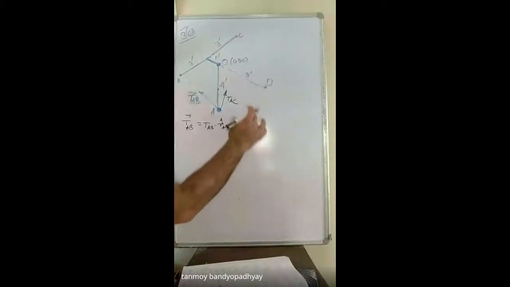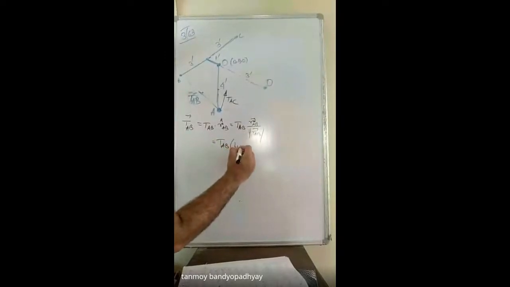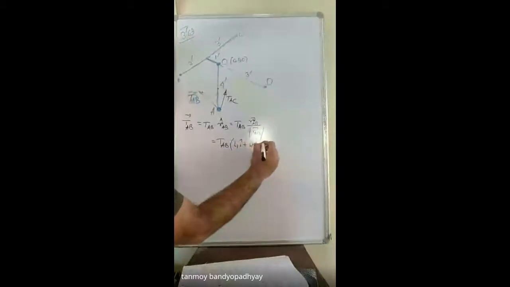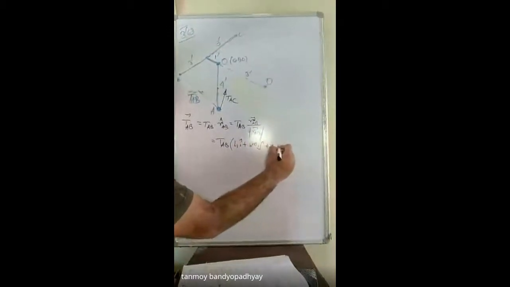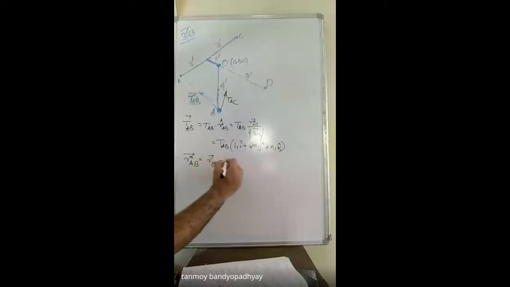So তার একটা it should be having some direction cosines. So আমি যদি তার direction cosines দিয়ে সেটাকে represent করি, so we'll be having L1 I cap plus M1 J cap plus N1 K cap. ঠিক আছে? So এবার এটাকে কি করে বের করব? How to calculate L1 M1 N1? So L1 M1 N1 বের করার জন্য we have to determine what is RAB. So RAB that should be equal to ROB minus ROA.